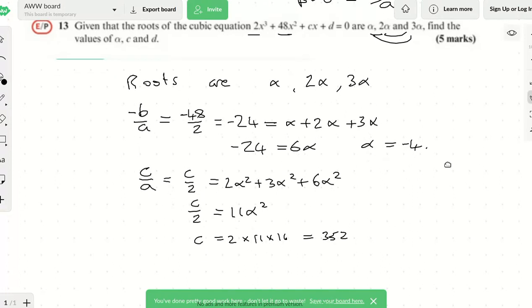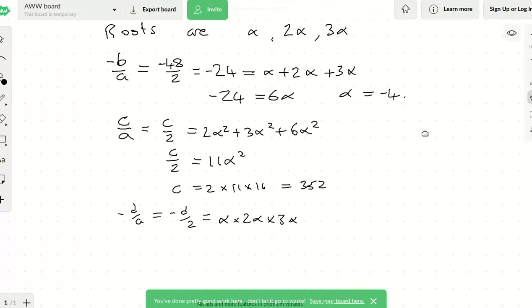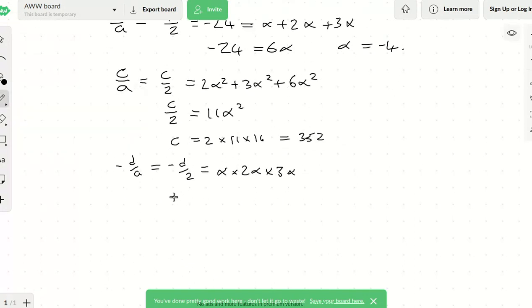And lastly, I can use the last result, which is that minus d over a, which clearly here is minus d over 2. Well, that's going to be equal to all of the roots times together, which simply equals 6 alpha cubed, does it not? So there we go. That's what we're timesing together here. Give myself a bit more space. So I'm going to get minus d equals 12 alpha cubed. Alpha cubed is minus 64. So minus d equals 12 times minus 64. And I think that means that d comes to